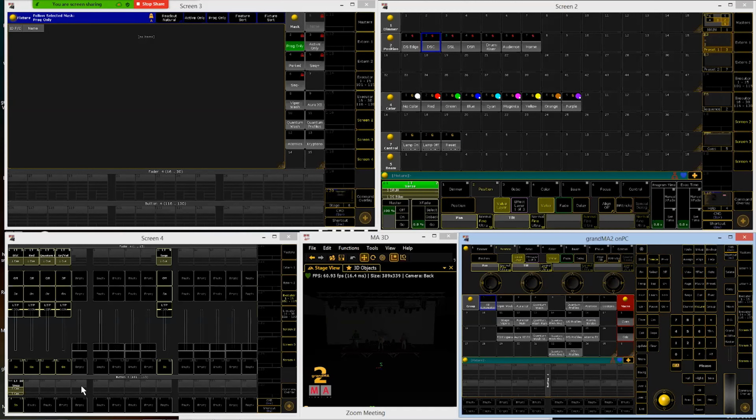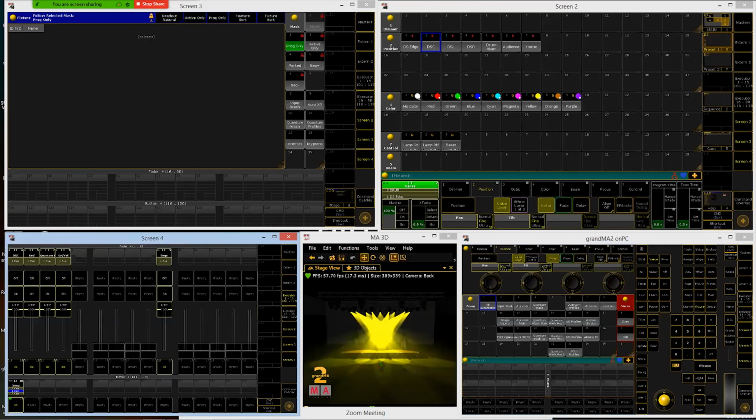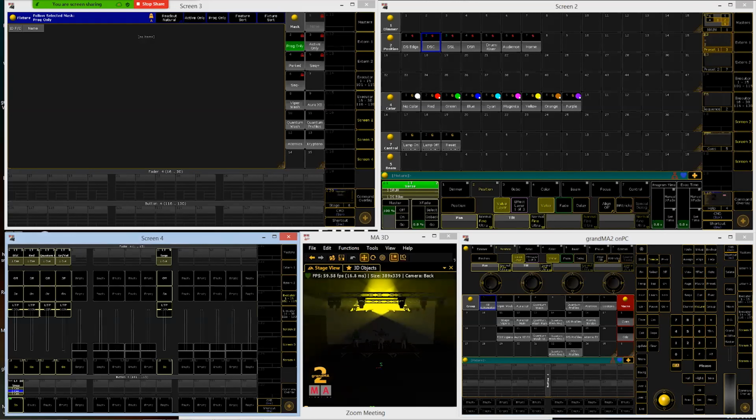So if we go ahead and just turn this on using the go button, we click it once and we see that the lights turn on and move into position and have color as soon as possible, because we currently have a 0 fade time on these, which is the default. Hit go again, they move as fast as they can up to the second queue. So that's